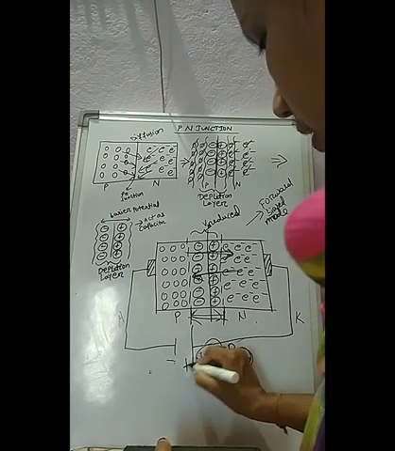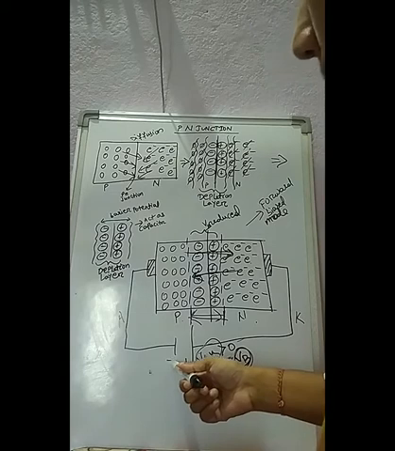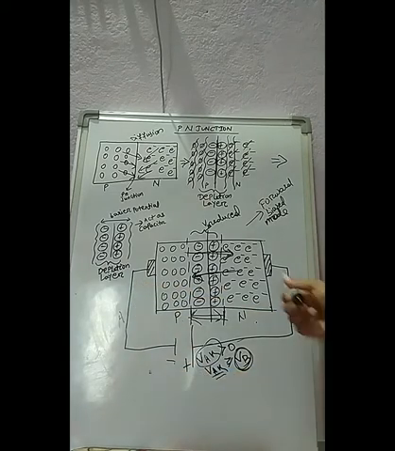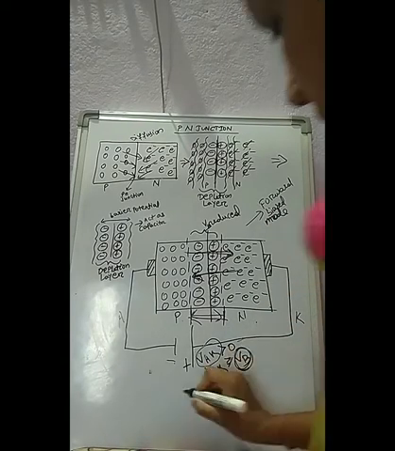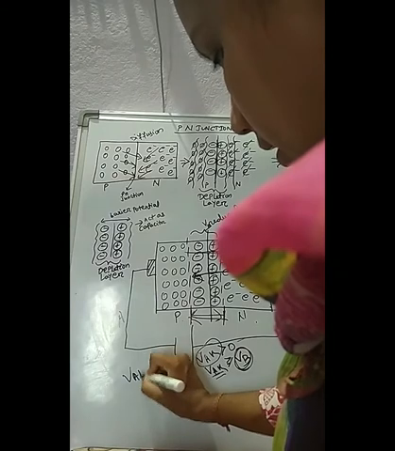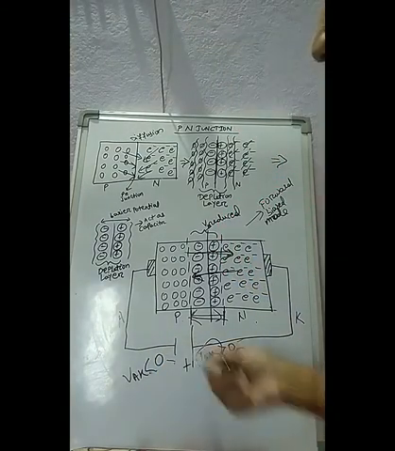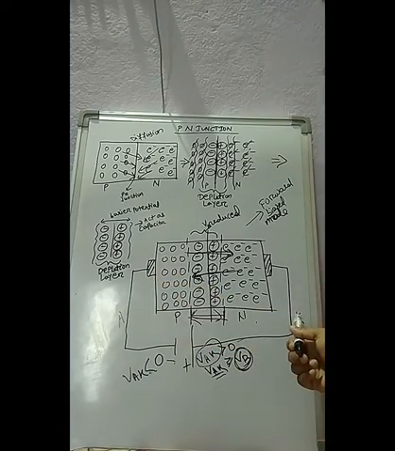Next is another mode of conduction, that is the reverse bias mode. What is this reverse bias mode? It means the negative terminal of the battery is connected to the anode and the positive terminal of the battery is connected to the cathode. So what happened in this case? VAK is less than 0, because here a reverse voltage is applied, a negative voltage is applied between anode and cathode.